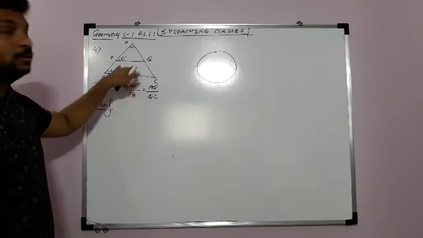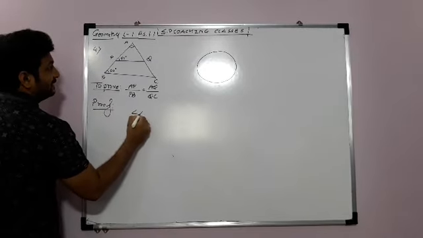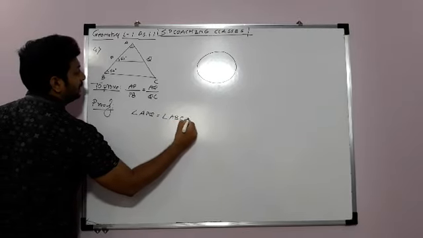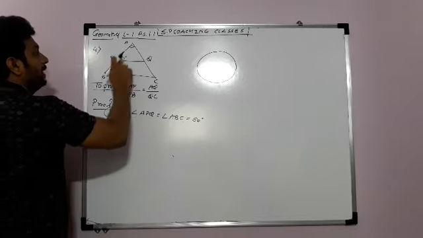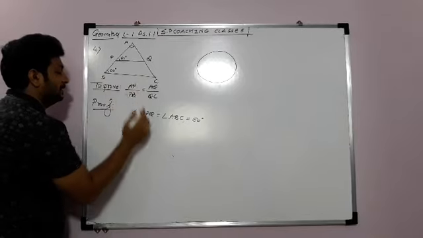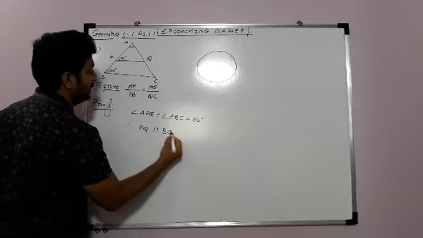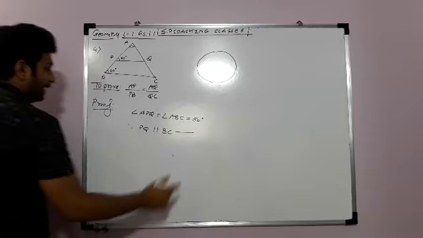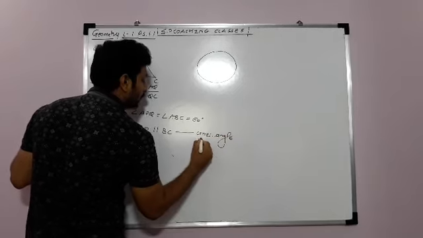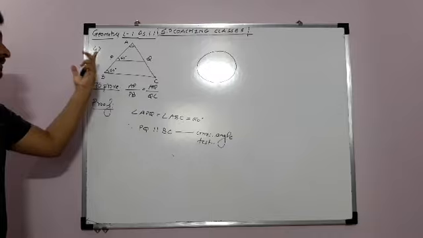Both these lines are parallel. It's very easy, guys. See, directly we can show that angle APQ is equal to angle ABC, which is equal to 60 degrees. Both the angles are 60. Is it clear? Therefore PQ is parallel to side BC, by converse of corresponding angle test. Got it? If both the lines are parallel, then directly we can use it now.